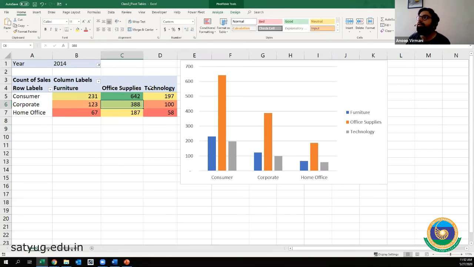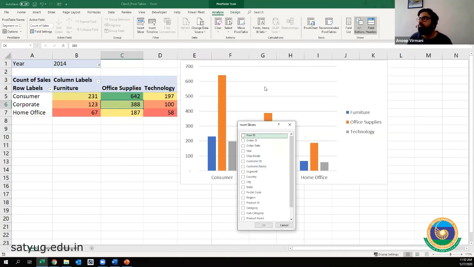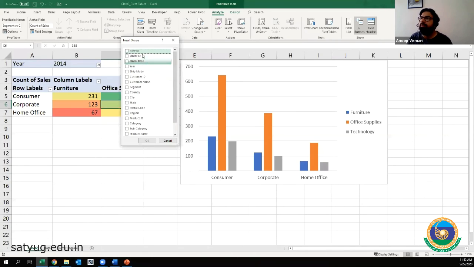One more amazing thing that you can do is go to Analyze and take this thing called Insert Slicer, right? Don't worry, I'm just showing it to you so that you know what all things we have in Excel. Don't get confused. We will be covering all of these things in the coming classes. I just want to show you one basic feature that Excel provides. In the Insert Slicer, we will select Region. I will tell you what a slicer is doing here. So we select Region and click on OK.